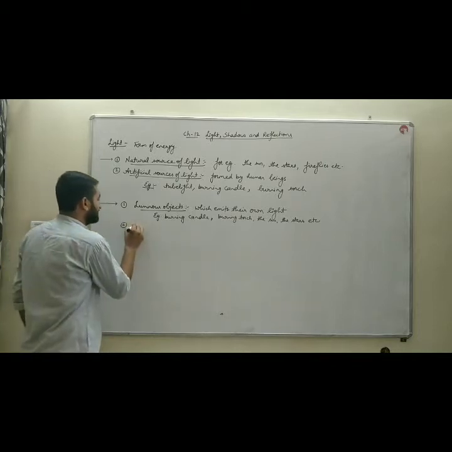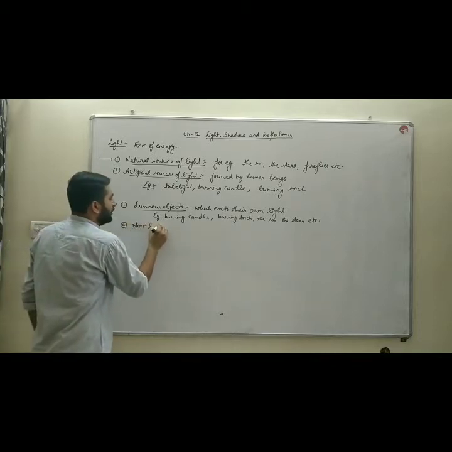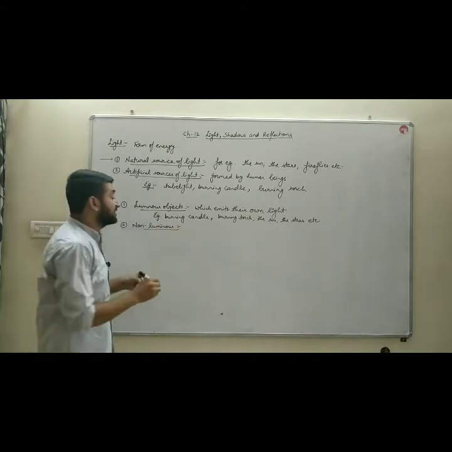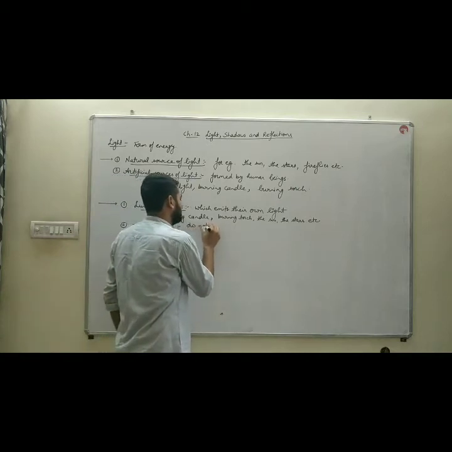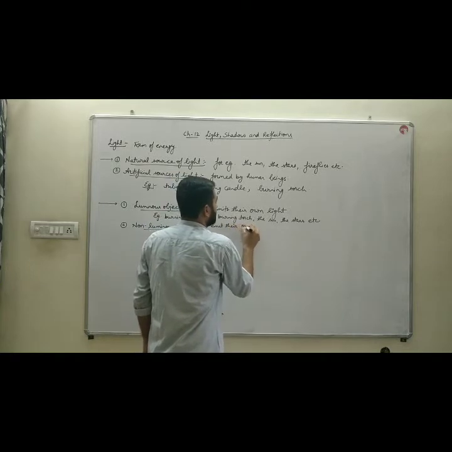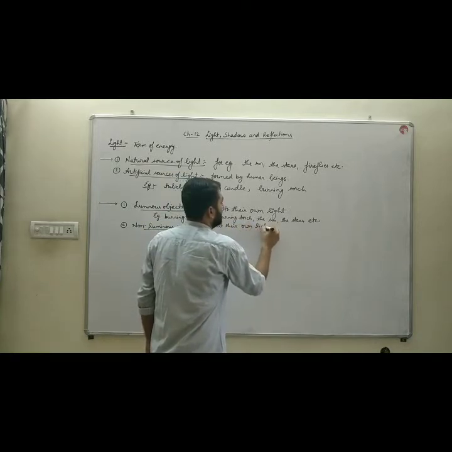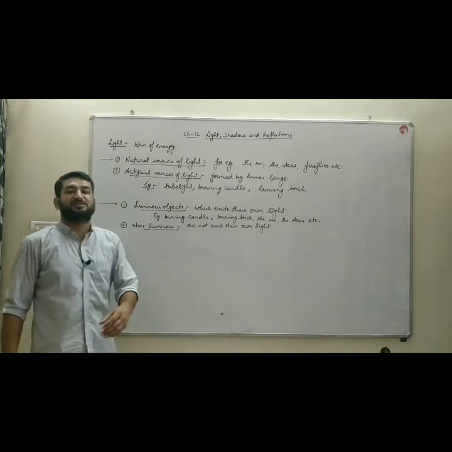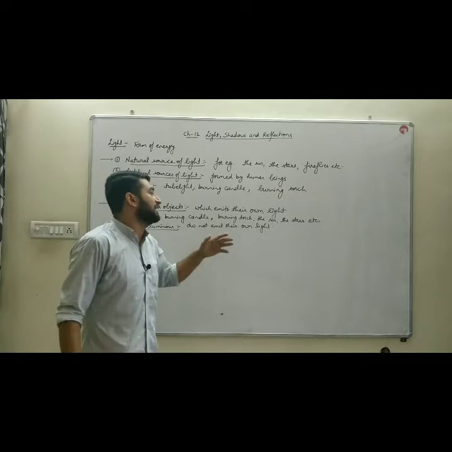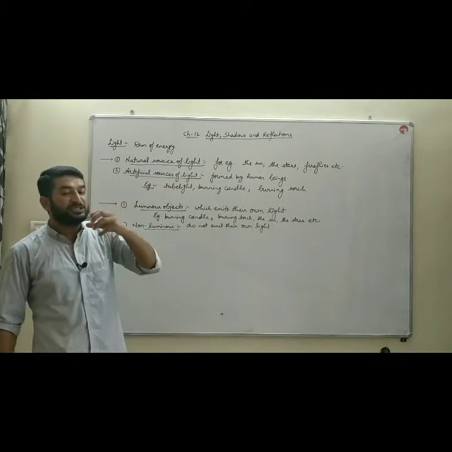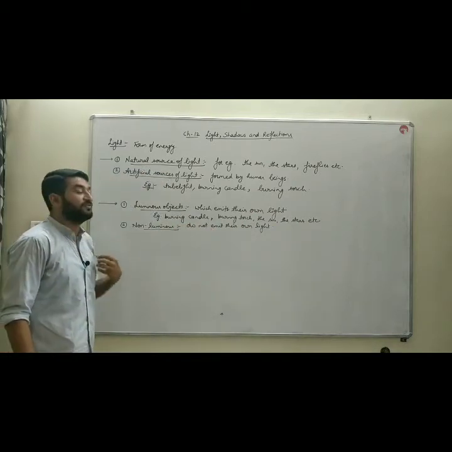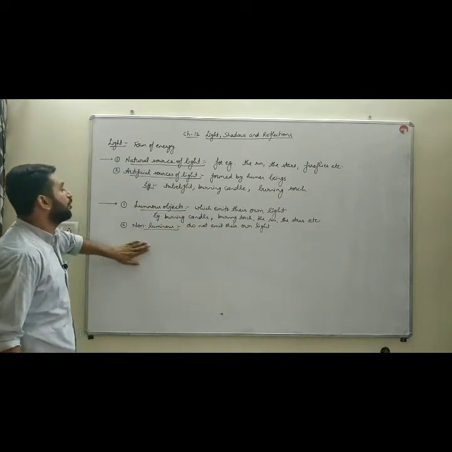The second one which we have discussed was non-luminous, which do not emit their own light. They do not release their own light, they do not produce their own light. Rather than that, they just reflect the light of some other source like tube light, like torch, like sun or the stars, and then that light is reflected into our eyes, and by that reflected light we are able to see them. For example, this board,